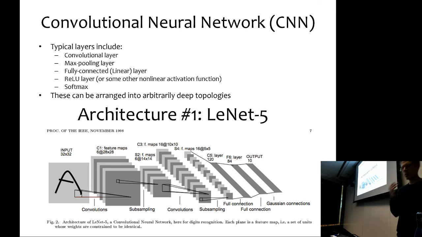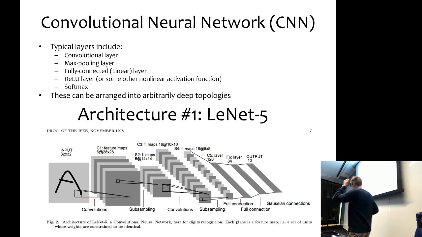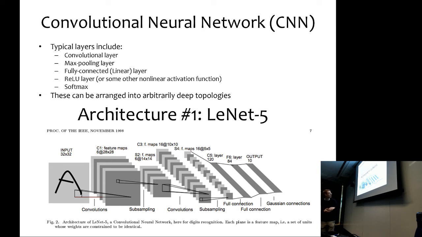Okay, so now we can double back to this LeNet architecture, which combines all of these different layer types into something interesting, right? So first, it does 6 separate convolutions on the 32 by 32 image to get back 6 separate 28 by 28 images. Then it does max pooling, which here is just called subsampling, to get back images of half the size, but still retaining the 6 channels.